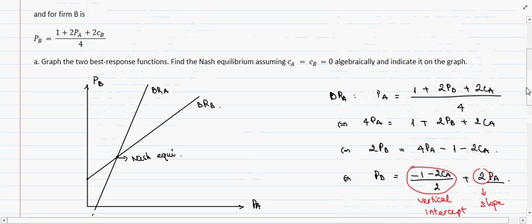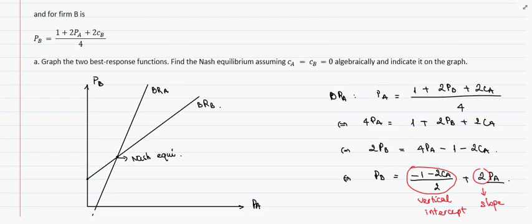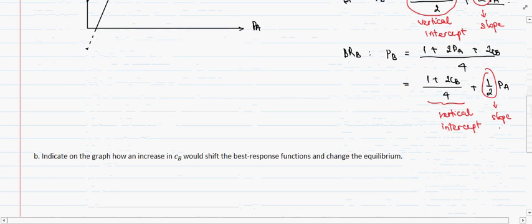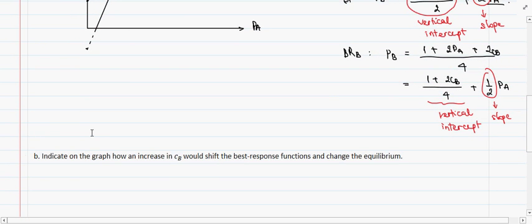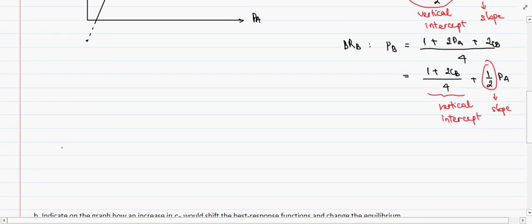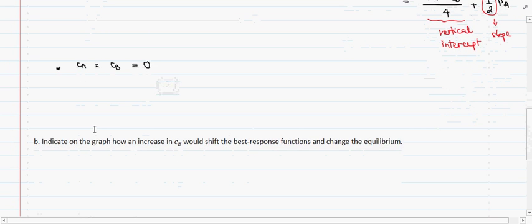Alright, now the question asks you to assume that CA equal to CB equal to 0 and find the Nash equilibrium algebraically. So we just have to find the values for the equilibrium in this case. Given that CA equal to CB equal to 0, the best response functions for firm A and firm B will now become,